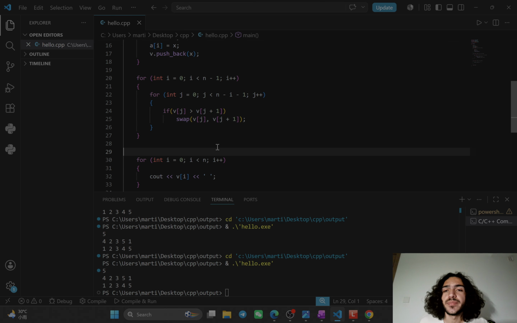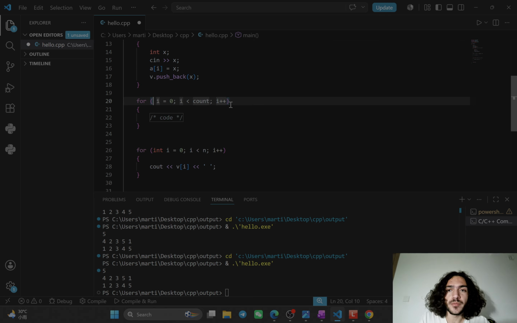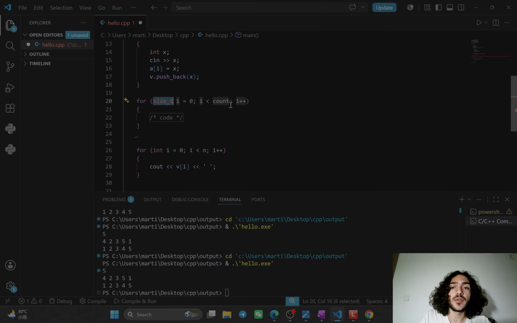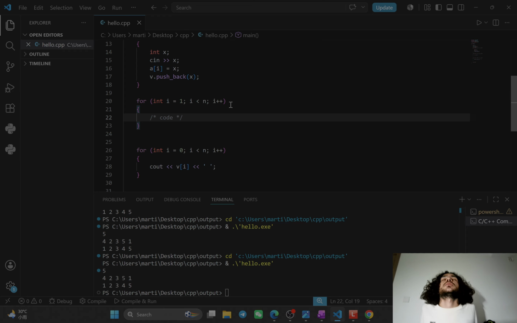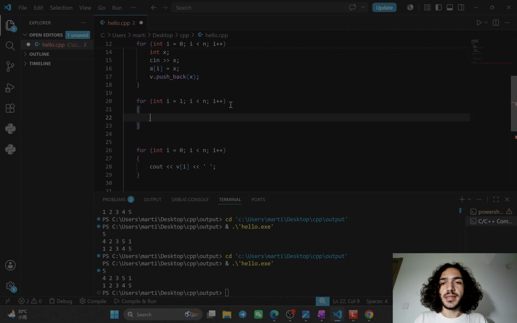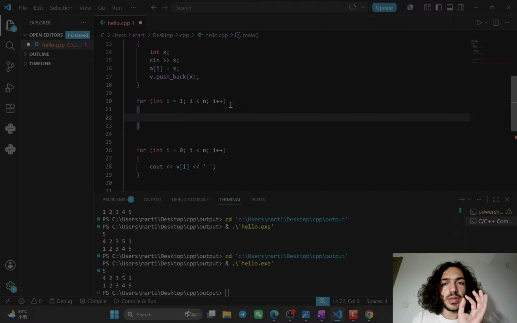So let's see. We start from the second element, not actually the first, because the first is already sorted, right? We just know that the first element is already sorted, and after that, we have the new element, which is E, and we have to go back, look where it belongs, and then put the element over there, right? So the way we do that is,